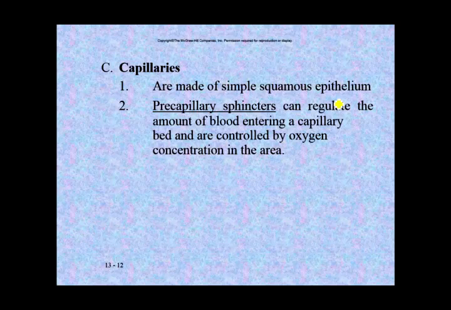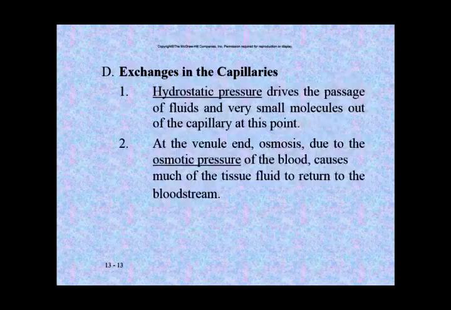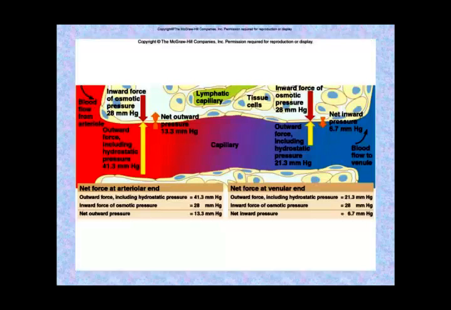They have a super thin wall. They're very, very numerous. They go everywhere, almost everywhere. And so that's where we can allow these substances to go into and out of the blood, into and out of the tissues. So again, it relates to structure and function. Extremely thin walls of these, which means that things can be transported across them. We get a little bit into the forces that are responsible for moving these things across the wall. Mostly it's diffusion, right? High concentration and low concentration,